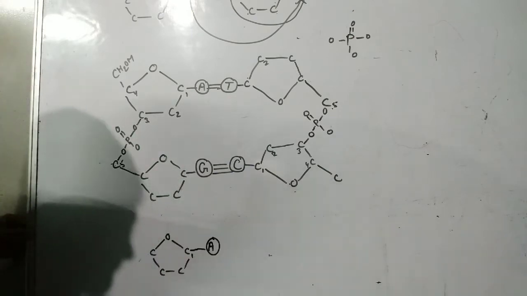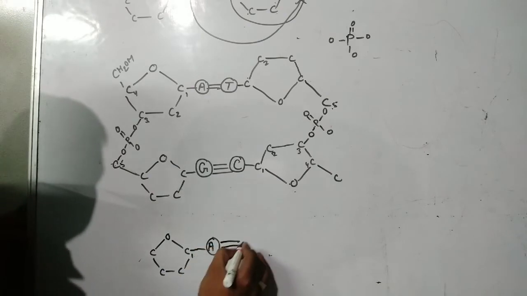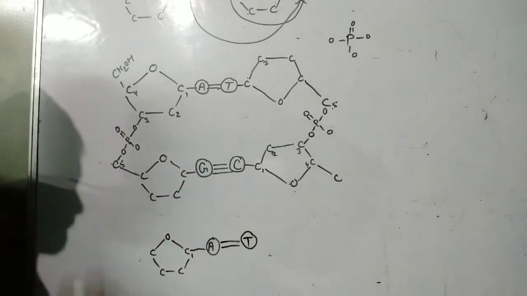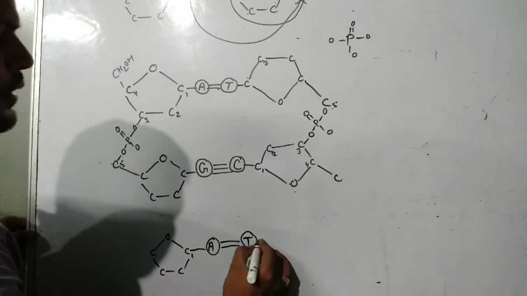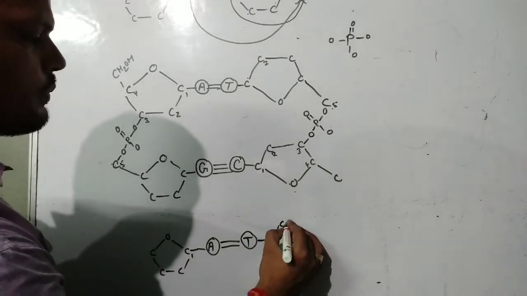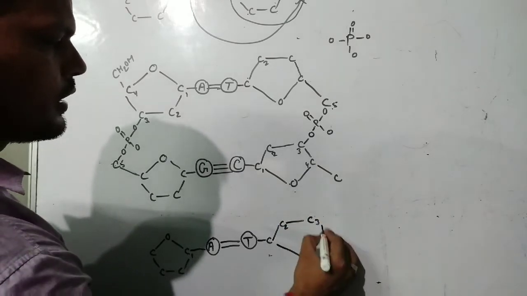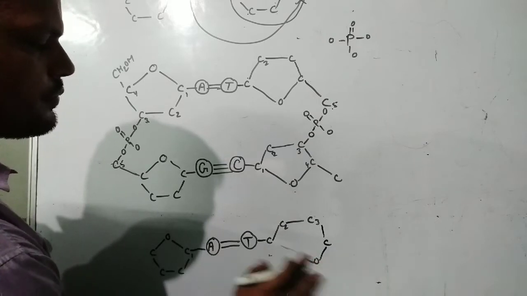आप कुछ भी ले सकते हैं, आपकी मर्जी है कि आप कौन सा ले रहे हैं. And now this A is going to combine with T. T के साथ कंबाइन कर गया, ये C1 के साथ कंबाइन करेगा, ये C2 के साथ कंबाइन करेगा, ये C3 के साथ कंबाइन करेगा, C3 C4 के साथ जाएगा,